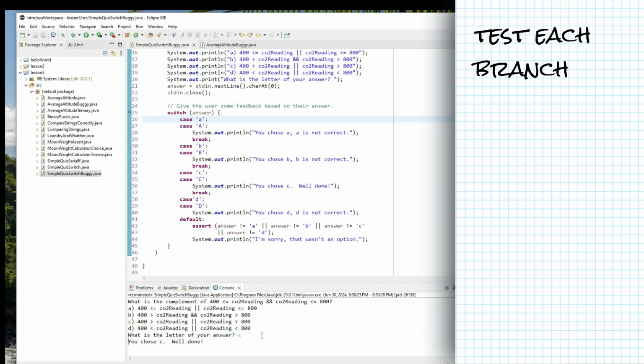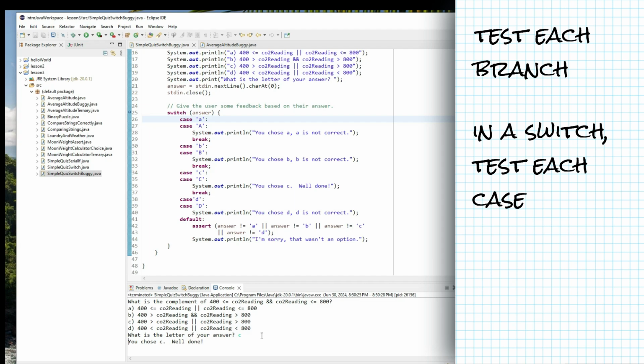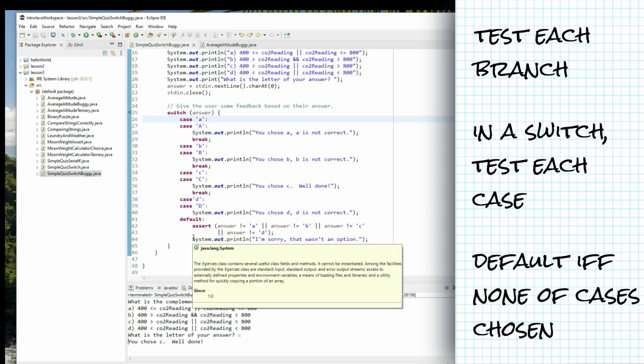With a branching program, you want to test each branch. Now, with a switch statement, because each branch is reached through a test for equality, we can test the program with each value for which there is a case. In this program, that is uppercase and lowercase a, b, c, and d, and then there is a default. We want to ensure that the default is reached if and only if we enter something that isn't a, b,